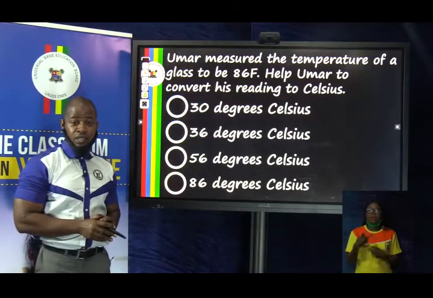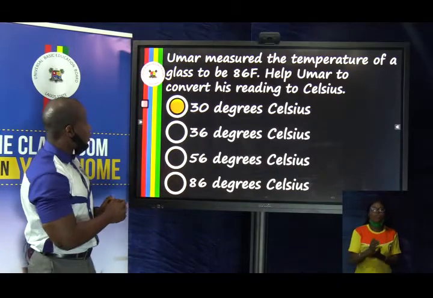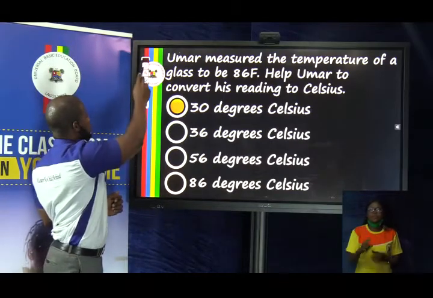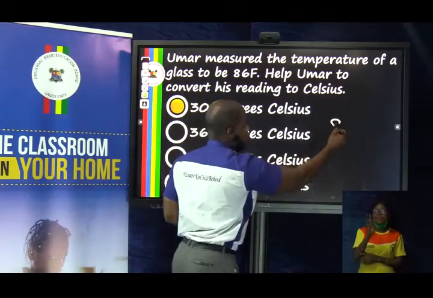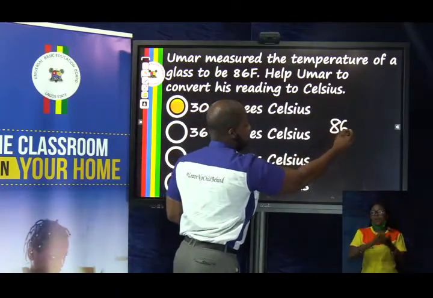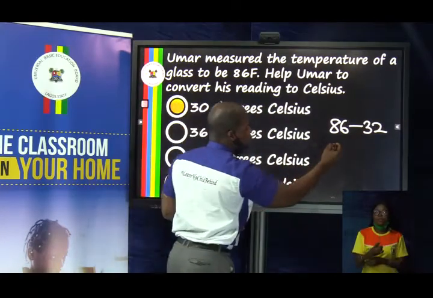Have you selected your answer? Let's see how it's done. The correct answer is 30 degrees Celsius. So working that out, Fahrenheit back to Celsius, that's 86. Shed of the 32, so you subtract 32, and that will give you